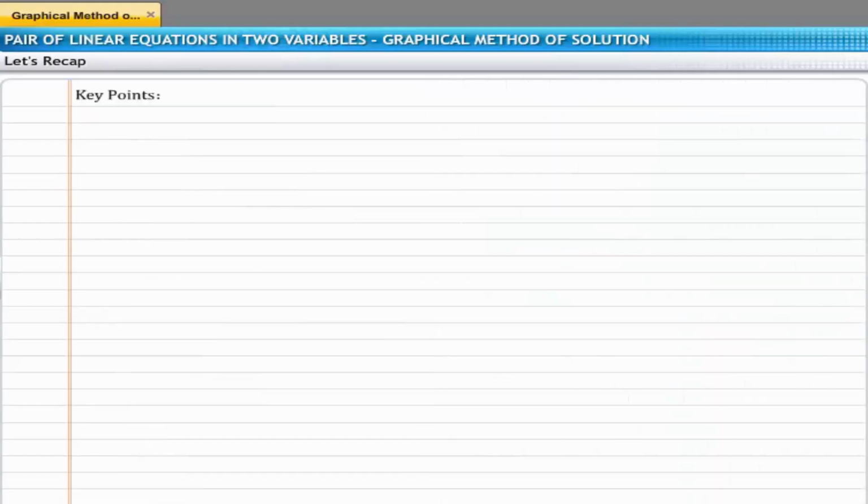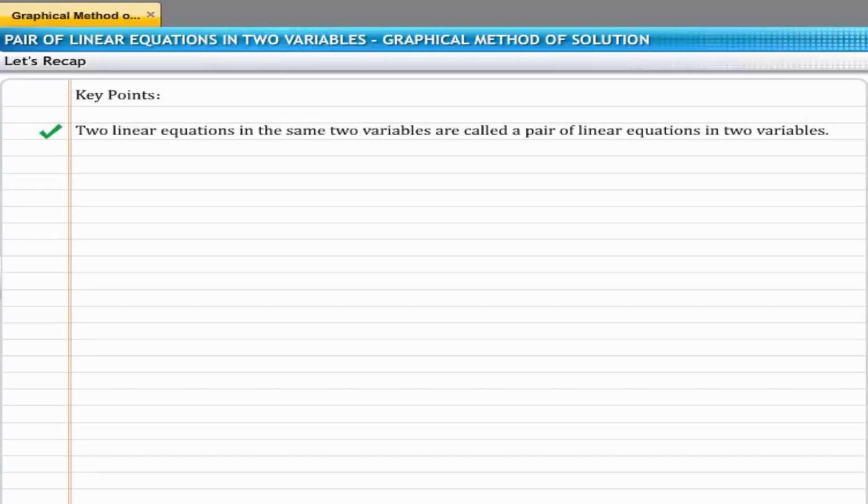You have reached the end of this section. Before moving on to the next section, let's recap the key points covered. Two linear equations in the same two variables are called a pair of linear equations in two variables. The most general form of a pair of linear equations is